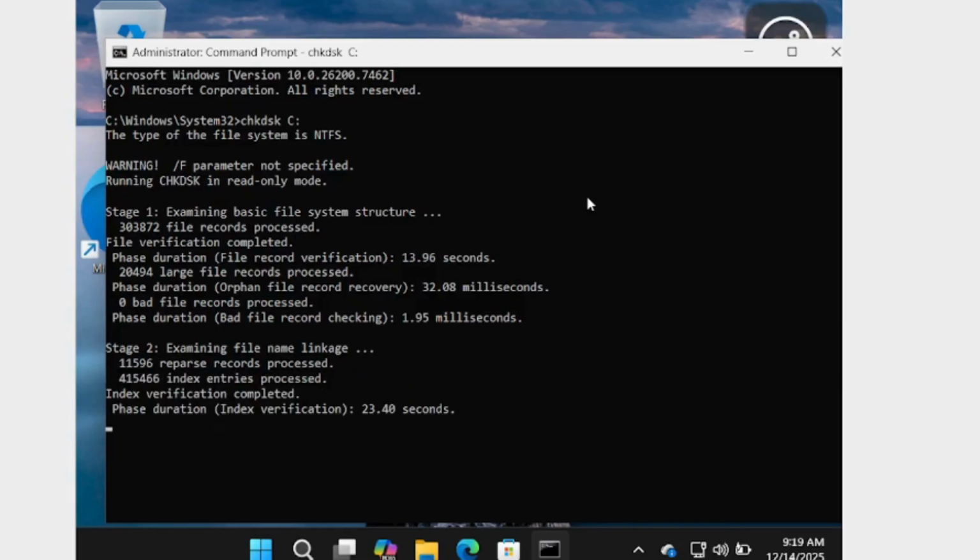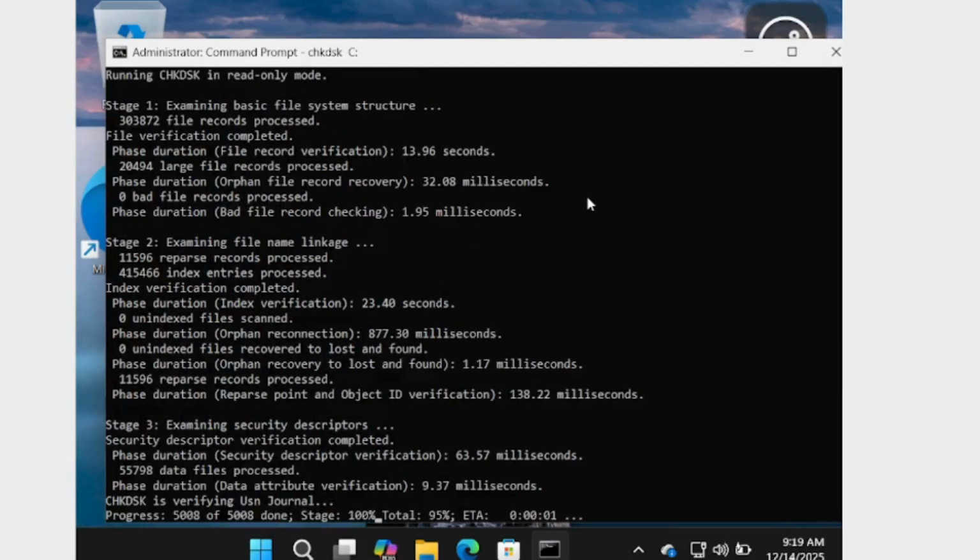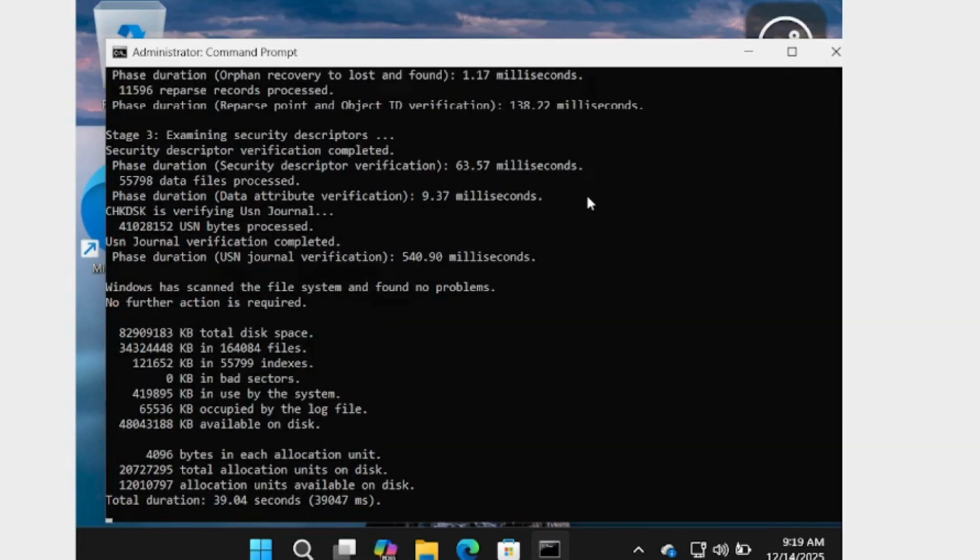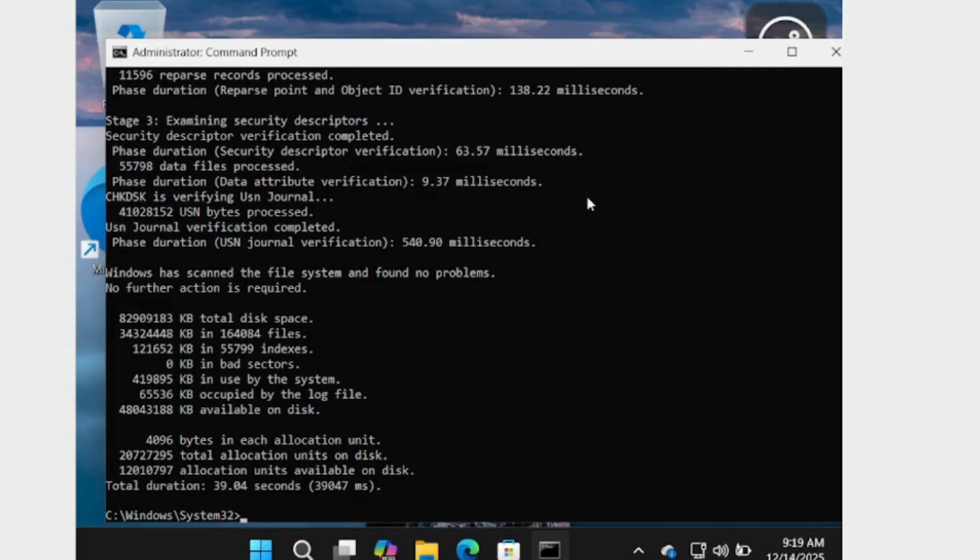What to look for in the command output? Hopefully, the command will return a message indicating no problems found. Your disk is healthy. However, the output could indicate any of the following: file system errors, which indicate that corruption is present, bad sectors, which indicates a possible failing drive, or large index or security descriptor errors, which do indicate